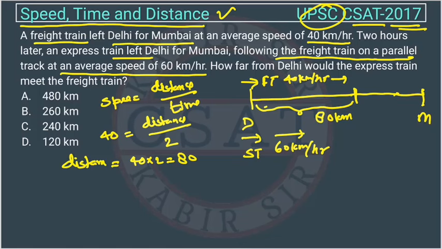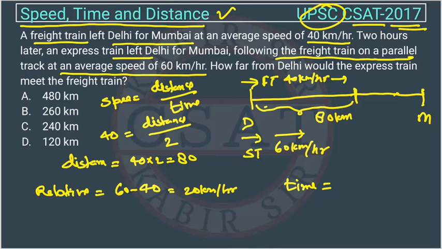So now we will use the relative speed. What is the relative speed between both? The relative speed will be 60 minus 40, 60 km per hour for the express train, so this will be 20 km per hour, right? So after how much time will they meet? The time will be equal to the total distance upon relative speed. So distance is 80 and the relative speed is 20. So 20 into 4 is 80. So after 4 hours